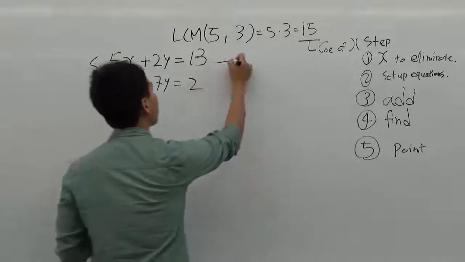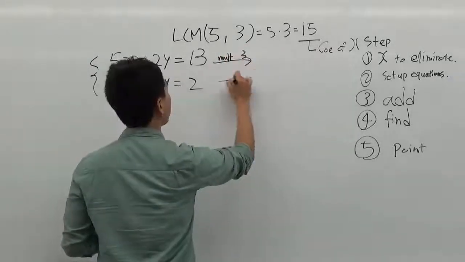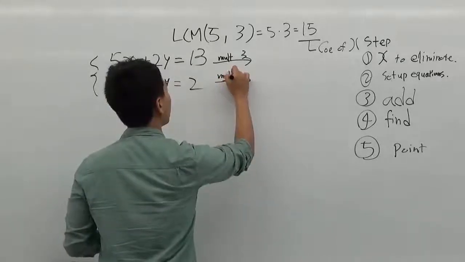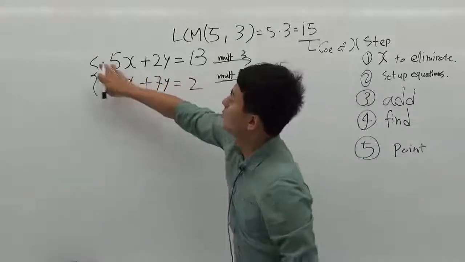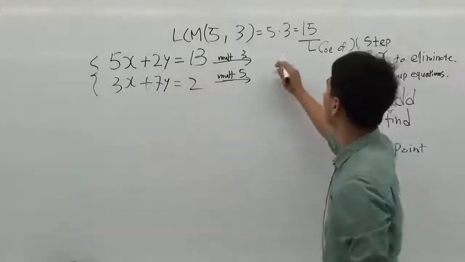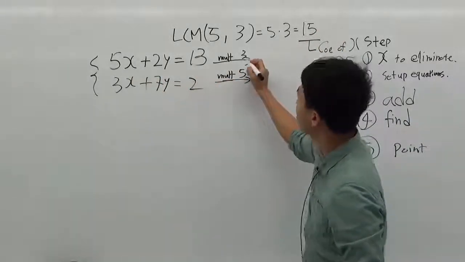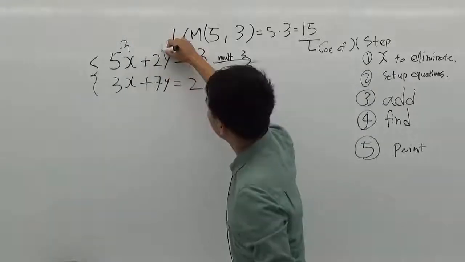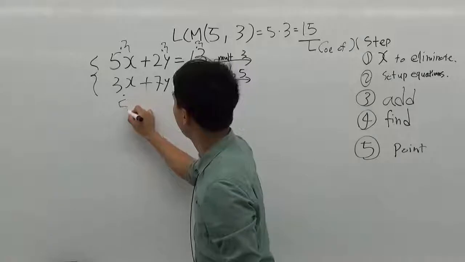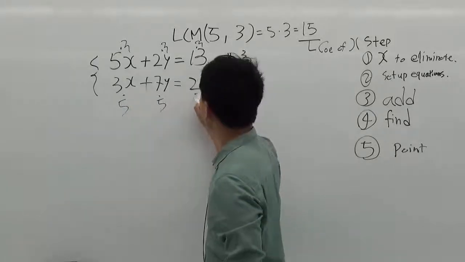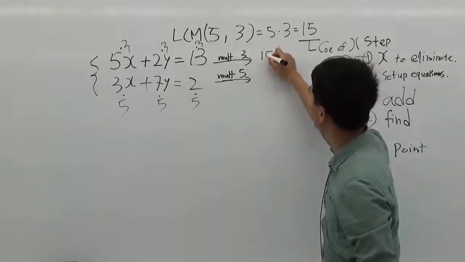So I will multiply by 3 and multiply by 5. In this case, we have to modify both equations to get 15 as the coefficient of x. So 5 times 3, 2 times 3, and 13 times 3, and 3 times 5, 7 times 5, 2 times 5. So 5 times 3 will be 15x,